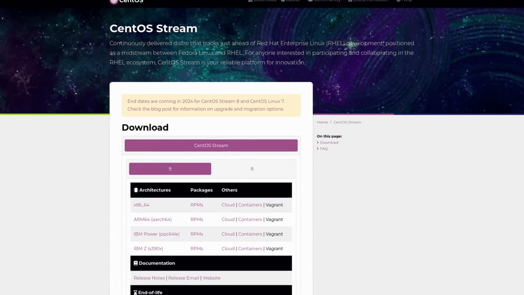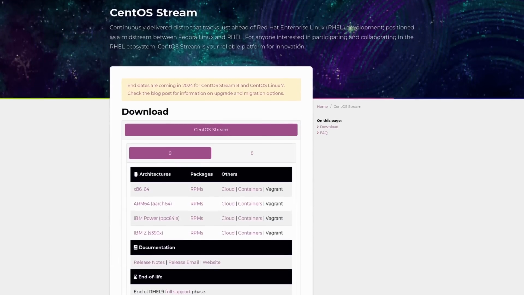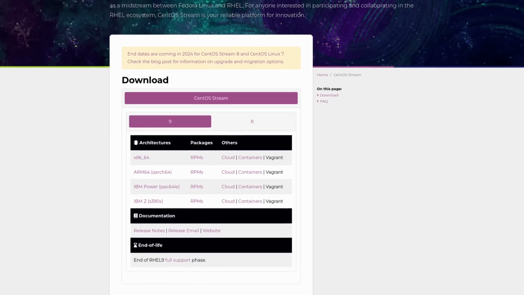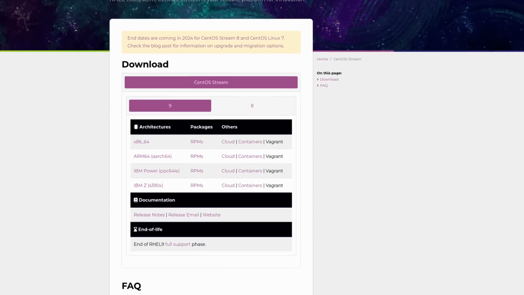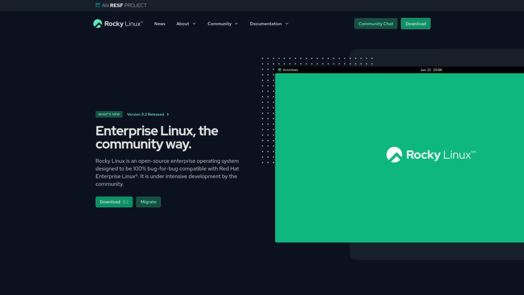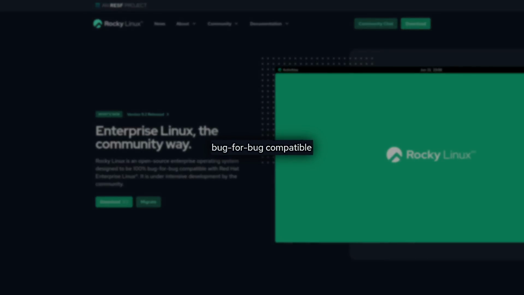So this is the first release of Alma since the transition from building directly on RHEL to building directly from CentOS Stream instead. So this means the distro is no longer bug-for-bug compatible, which, by the way, is terrible terminology. One-to-one compatible, I guess that's okay. But bug-for-bug, I don't know who came up with that, but that's just terrible branding of a term because I understand what it means, that it's exactly the same. I get that, but it's just a weird way to say it.